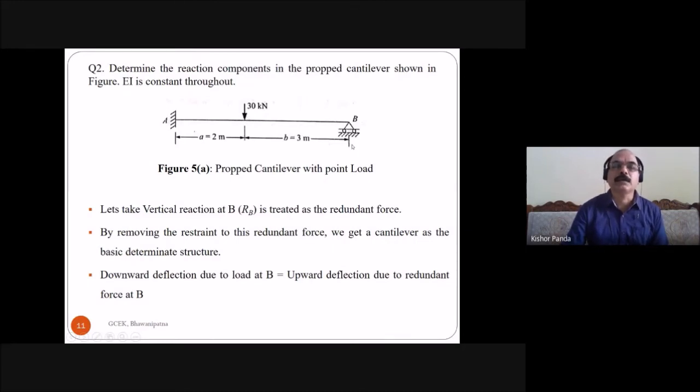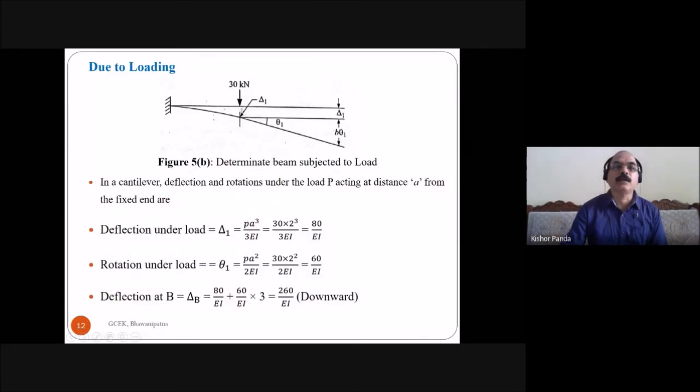You know this from strength of materials. In a cantilever beam, if a point load is present at any point in the span, what is the deflection of the free end? You need the deflection at the load point and the slope there. So the deflection at the free end is equal to this deflection plus this slope times the distance between the two, that is B. So first find the deflection here due to this 30 kilonewton load.